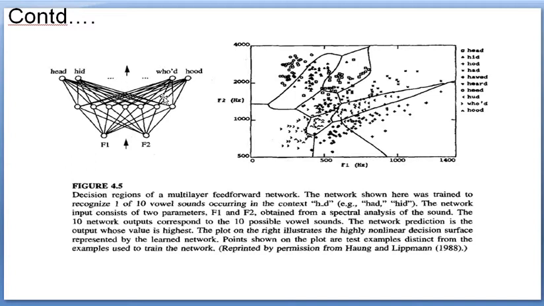So 90% of the time we will get the accurate result, which starts with H and ends with D, and in between we have the vowels. But sometimes you can see here, it may give a wrong result also. So again we require some more training for this network to find the correct output. This kind of work was done by two scientists of neural networks, Peterson and Barney, in the year 1988, and they ended up with some 95% accuracy. They used a multi-layer perceptron to do this task.